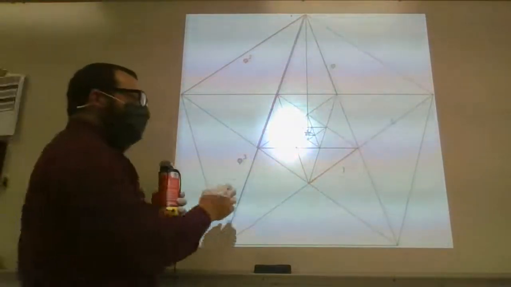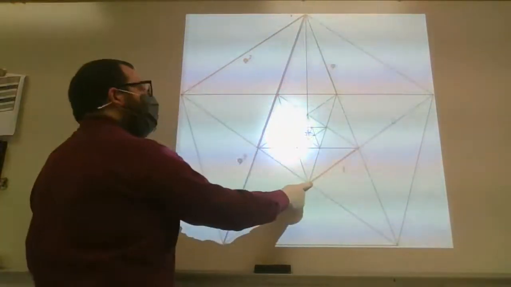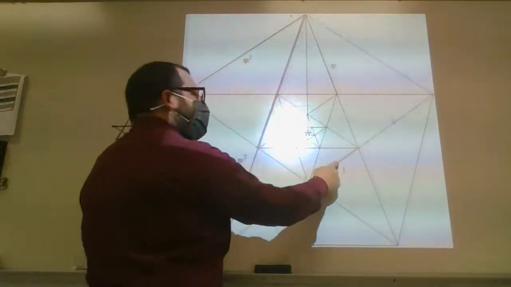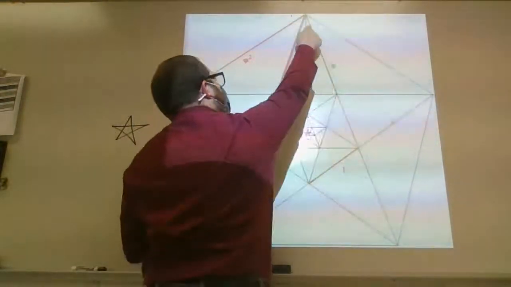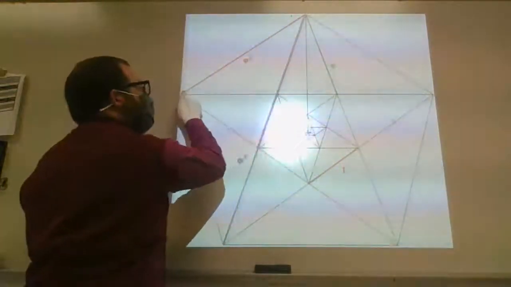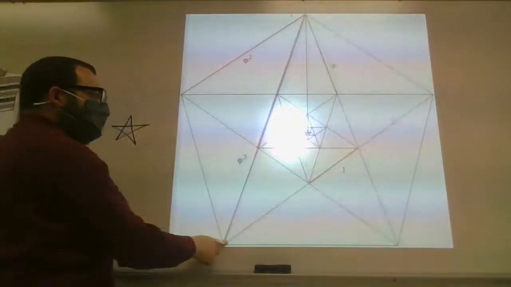And they have all of these different lines marked out. They're basically saying, okay, if the length of this part of the star right here is 1, then the relationship between this orange line and this green line would have a length of phi. And this would have a length of phi squared, and this would have a length of phi cubed.